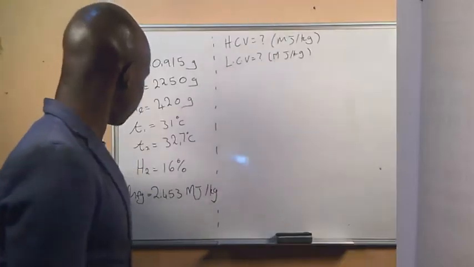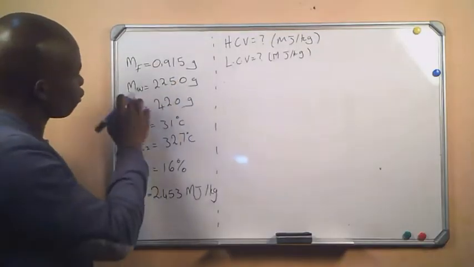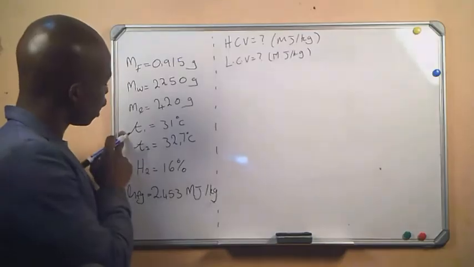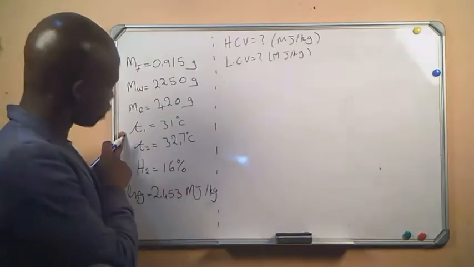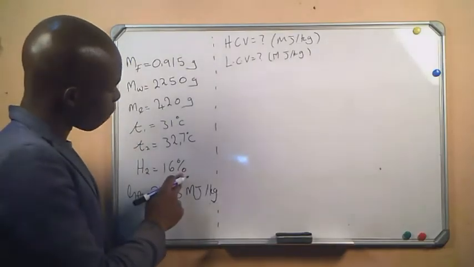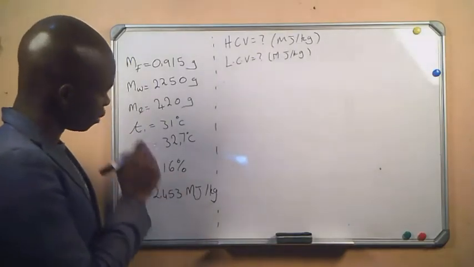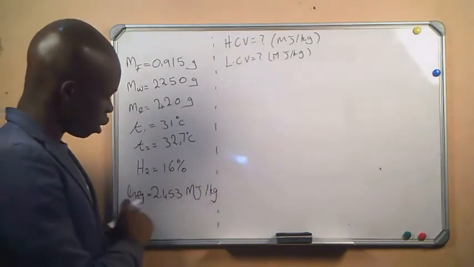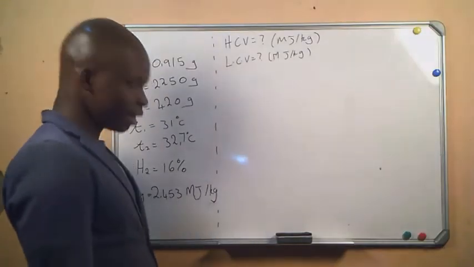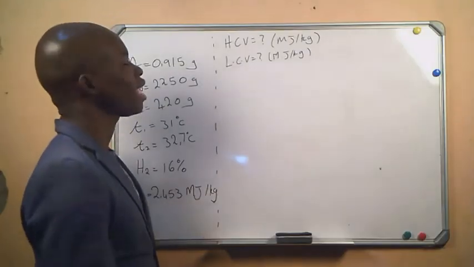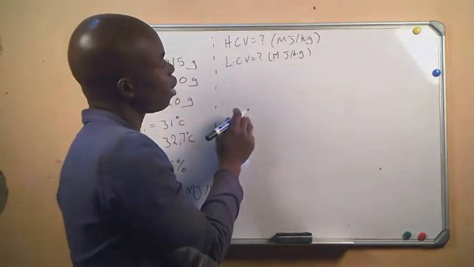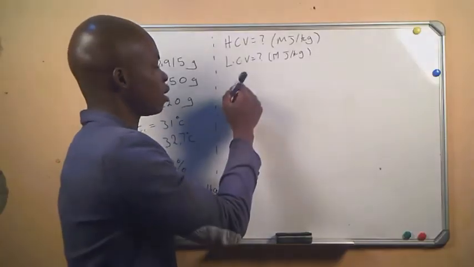So we have our data. They gave us the mass of the fuel, mass of water, the mass of the equivalent water, and then the initial temperature and the final temperature, the amount of hydrogen in the coal, and then we have the latent heat, latent enthalpy, and then we know they are looking for the high calorific value, which is given by